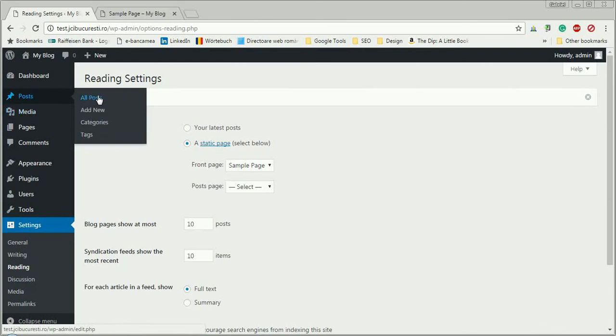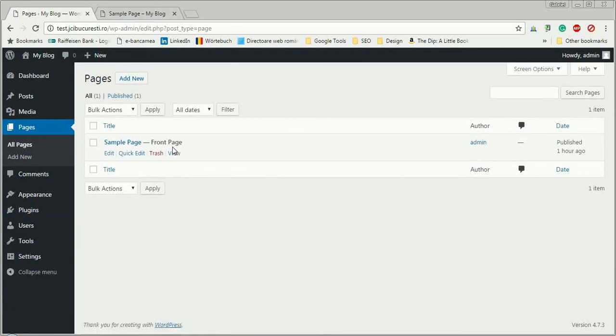And is it set? You go to the pages, and right beside the name of the page you should see this thing, front page. Now you know that the page is set as a front page, and once the user accesses your link, it will be